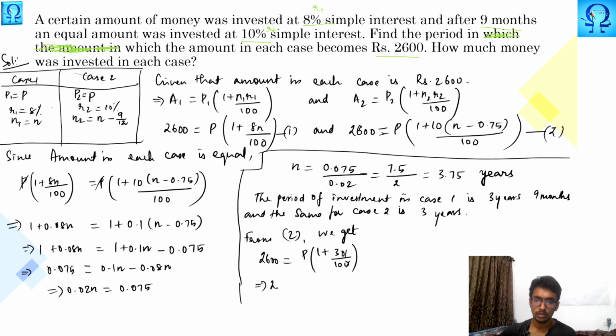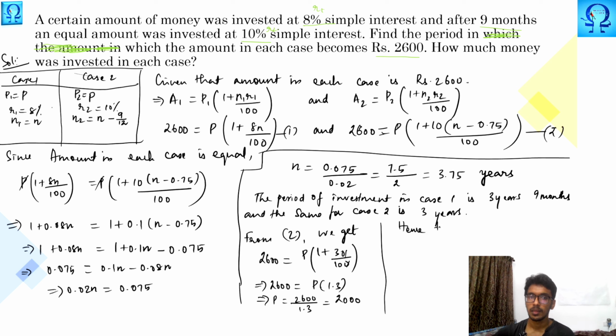So 2600 is P times of 1.3. This gives you P is 2600 upon 1.3. That would give you 2000. Hence the money invested is rupees